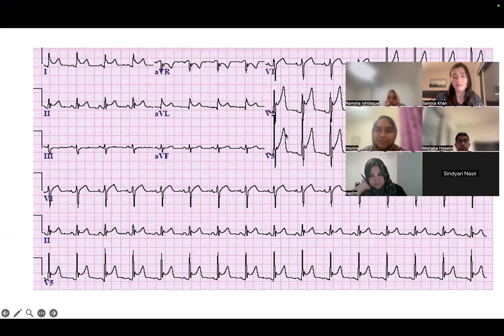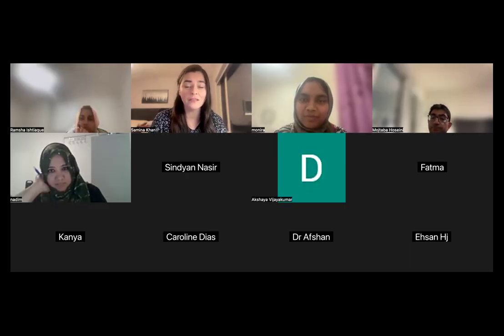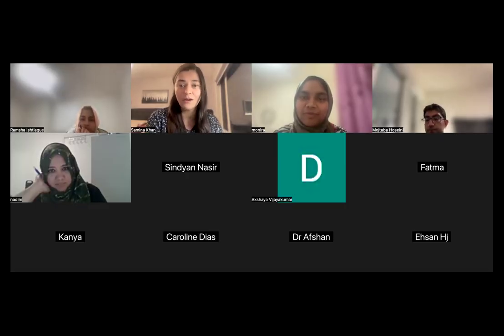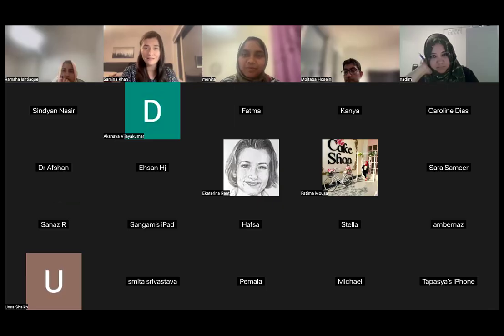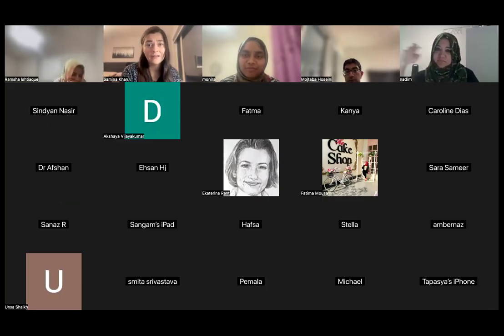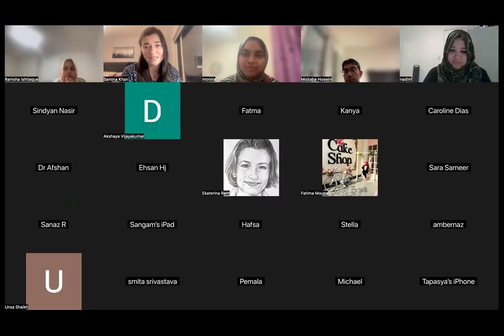Here it's widespread ST elevation. Look at this. Everywhere you look, in any lead, there is ST elevation. So whenever you see widespread ST elevation, this is acute pericarditis. So you already took the history, which was very consistent. A young male who has nothing else, just a flu, and then chest pain, which was worse because he couldn't sleep last night. He sat on the chair, so it's better on leaning forward. Typical tip, and pleuritic chest pain, which gets worse on taking a deep breath, and sharp pain.